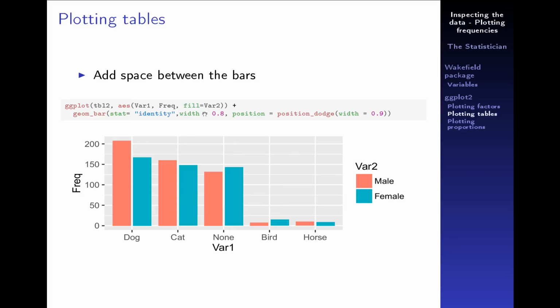And here I have adjusted the width of these bars. When you have this position dodge larger than the width here, then the space between the bars will be this minus this, so in this case it's 0.1. Alright,